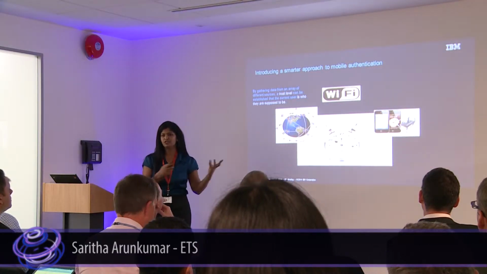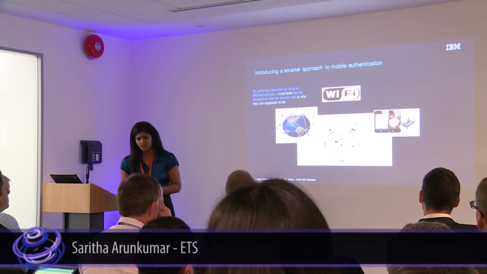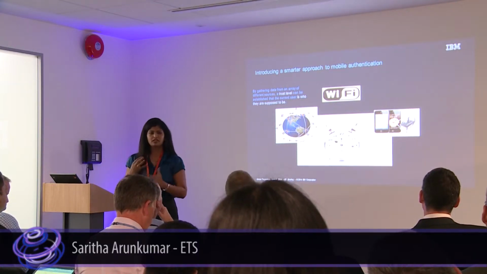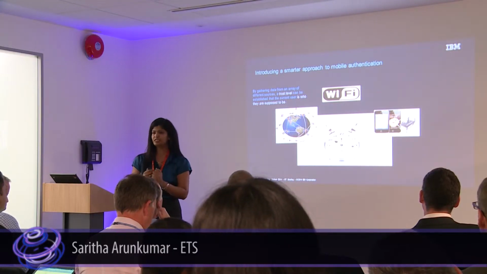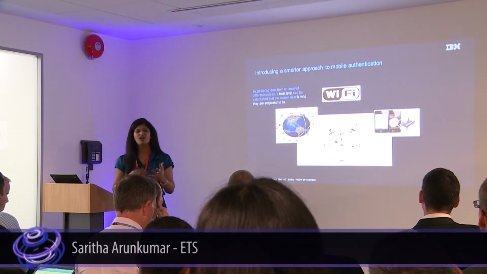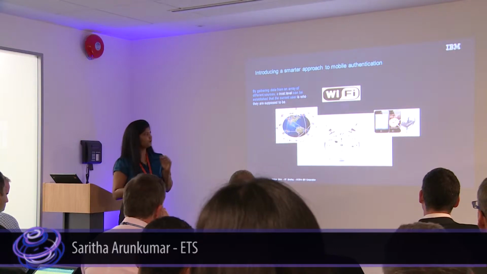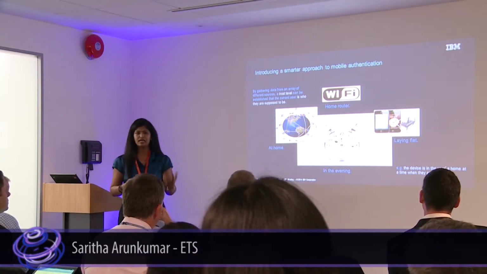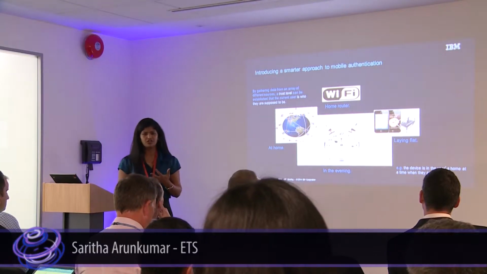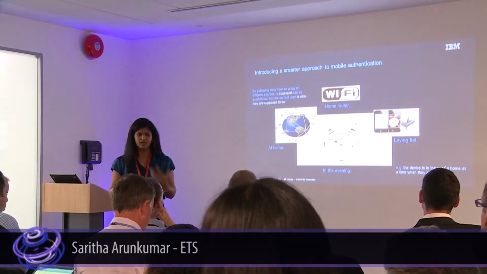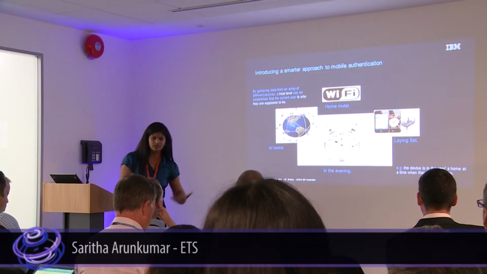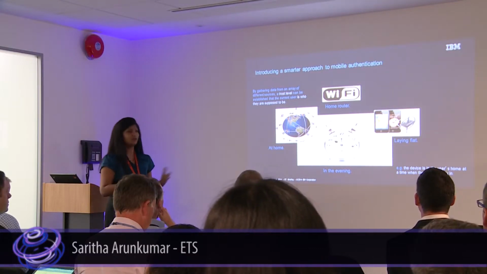Moving on, just touching on what frictionless security does. Frictionless security is all about taking this complex authentication process and making it really simple, not having to remember hard passwords. The way we do it is by using some of the contextual information around you, like time, location, certain activities that you do, and so on. By making use of this contextual information, you can authenticate yourself on the mobile device